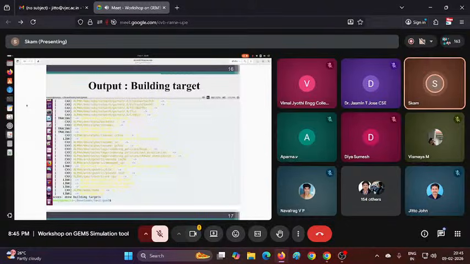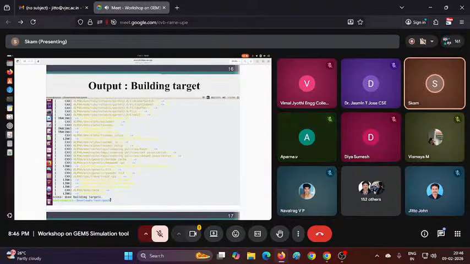It might take 30 minutes, it might take 15 minutes. If it is a high-end workstation, it will get over in 15 minutes. But if it is a normal laptop or desktop, mostly it will take 30 to 40 minutes, and sometimes your system will just blink for some time. You might think that it will hang. No, sometimes it happens like that, but wait patiently, and after 30 to 40 minutes, if you get a message like this, scons: done building targets,